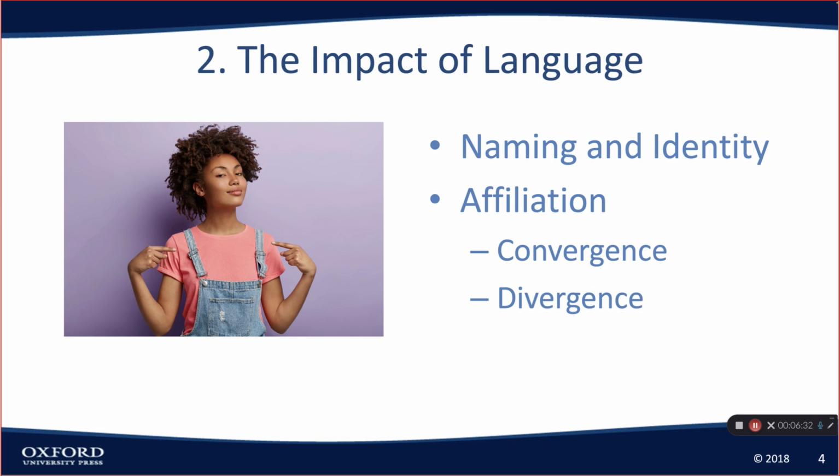We can use language to show that we belong to a group. When we change our language to fit in with that group, that's called convergence. Or we can specifically choose to make our language different because we want to say that we're not really part of that group, and that's called divergence. Sometimes we do this consciously, and sometimes we do it unconsciously. Think of a parent or somebody from a different generation who's trying to use slang and you're like, no, that's not working. They're trying to converge, but it's, I guess, too phony.